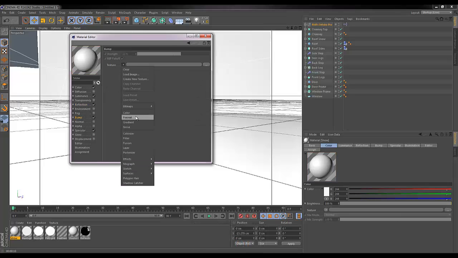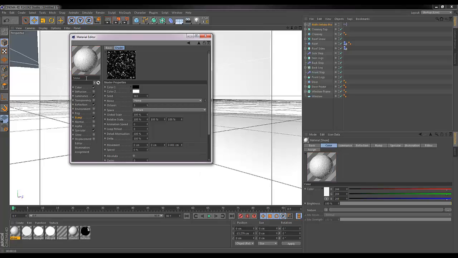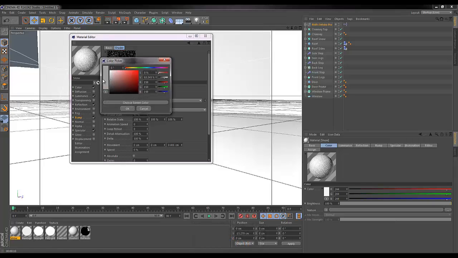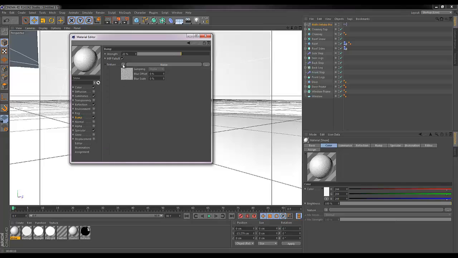Texture noise, and the one I think I will use is going to be Luka. Yeah, Luka. And I'm going to put the scale right down to about 40. And I'm going to make that a kind of light grey. There we go. Okay, and then now on the bump I'm going to go into the layer, and we're going to add another